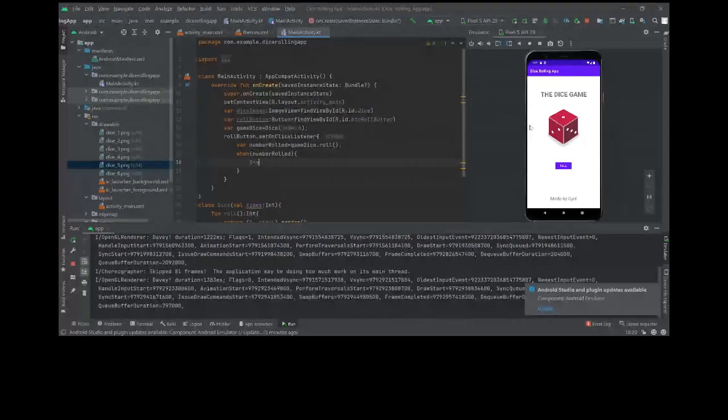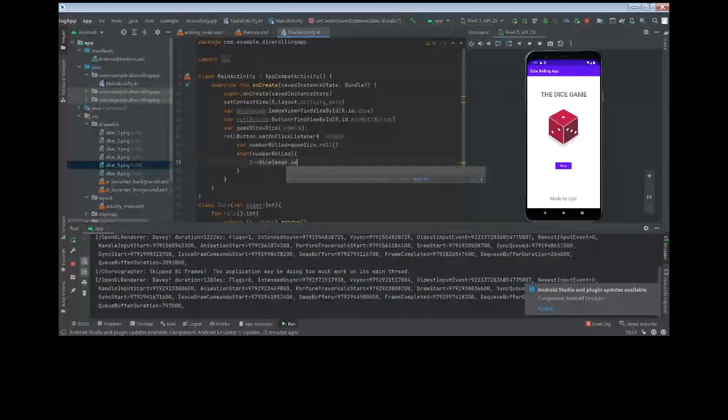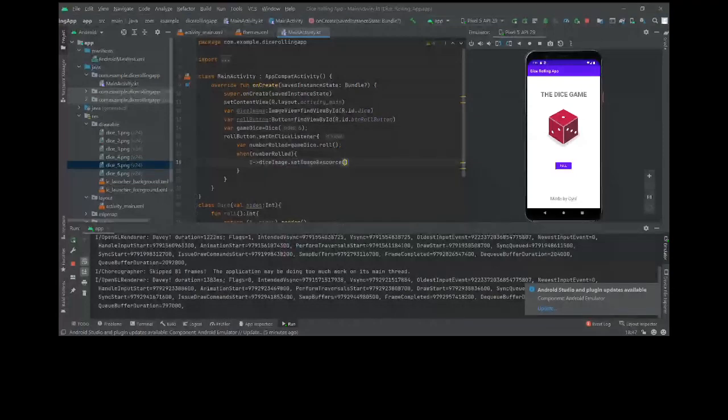So to do that, we have the reference of our image. We use dice image, which is a variable that has the reference of our view, then dot set image resource. This is the function that we'll be using to change the image of our image view.